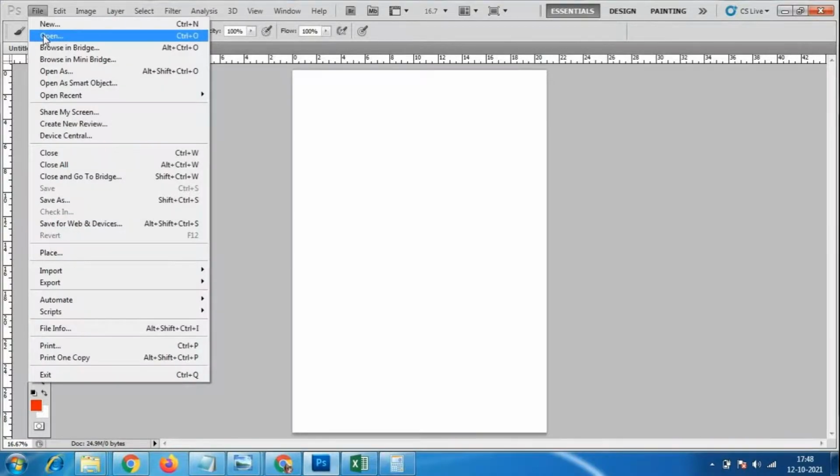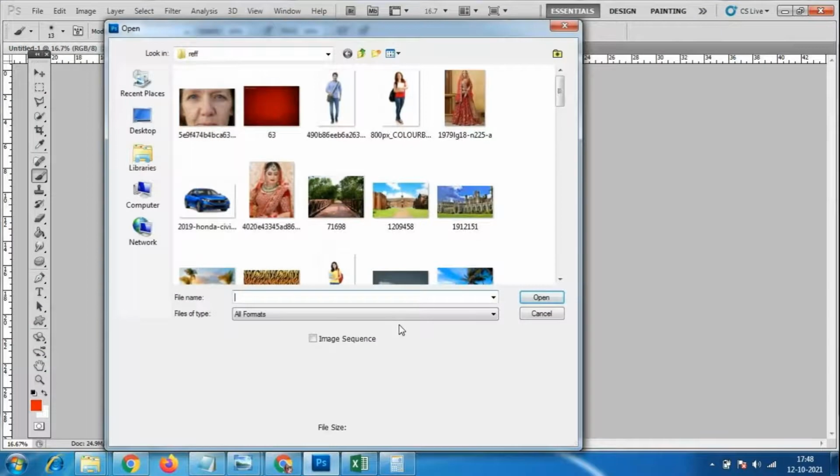Now what we have to do is take the images, because we have to cut the background, otherwise change the background. In Photoshop we can do many different kinds of work. We can change the background, place a different background, change the color of the background, and make a black and white image to color, or color to black and white. Many of the things I already told yesterday in the class. So what are the different kinds of work we can do with the Photoshop software?